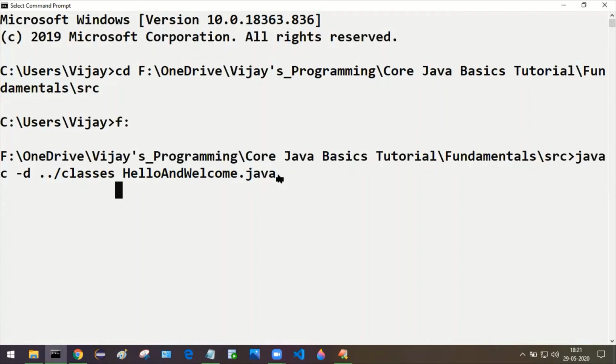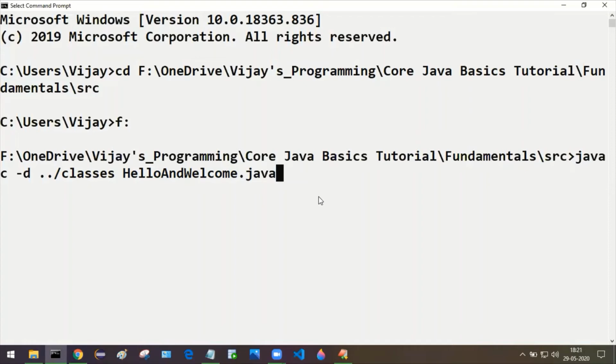We are going to compile this hello and welcome dot java file. If it is successful, we need to keep the generated dot class file inside this classes folder. That is what we are telling the javac command as well as the command prompt.